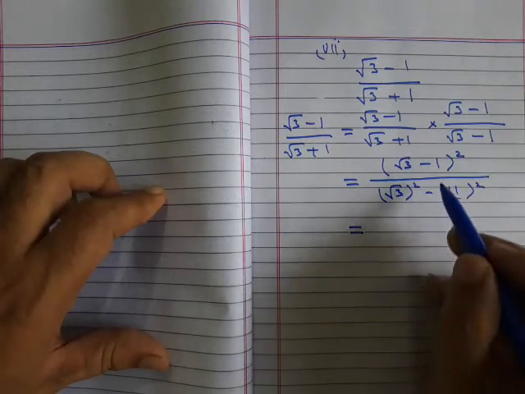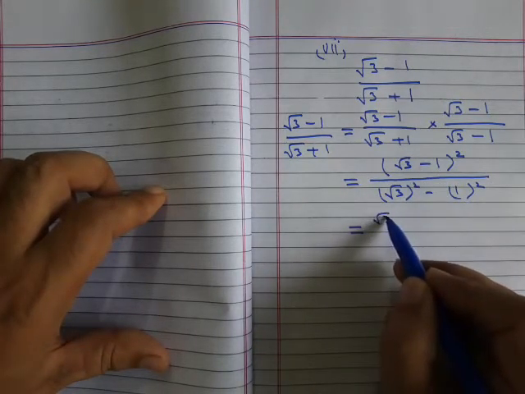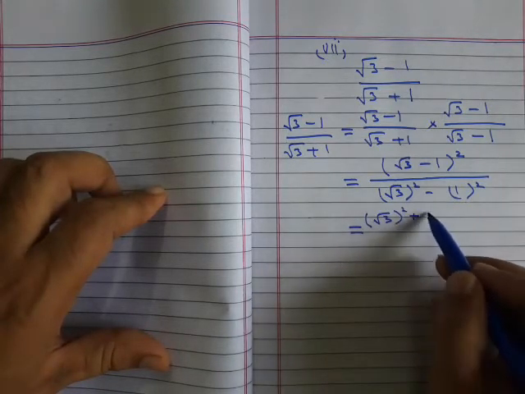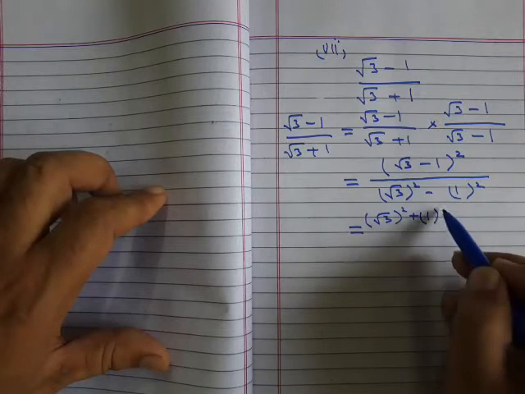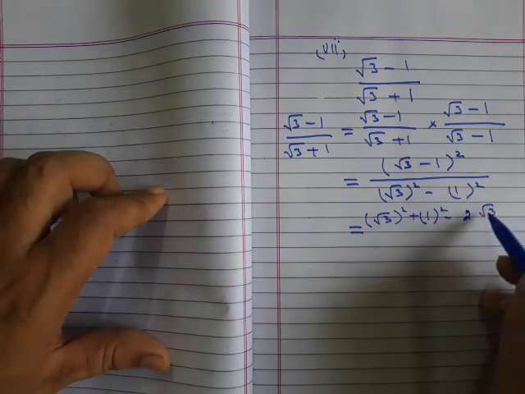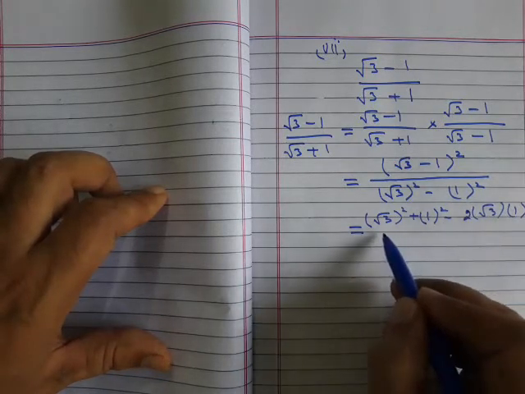Now open the formula a minus b whole square, that is a square plus b square minus 2a into b, over